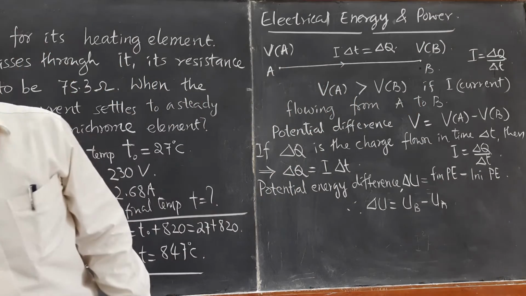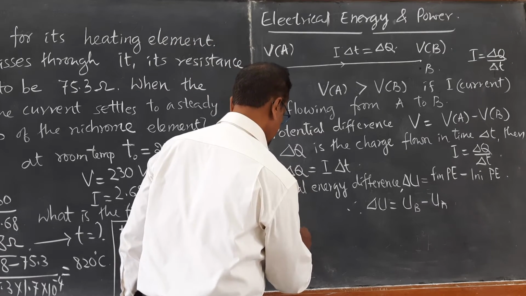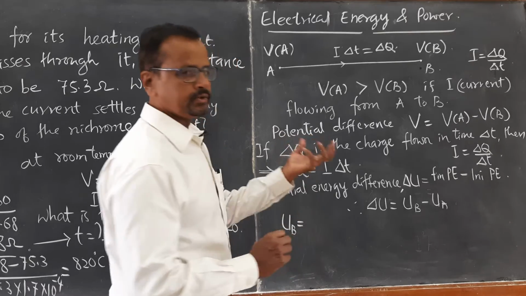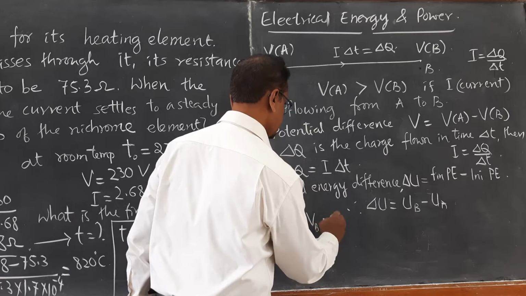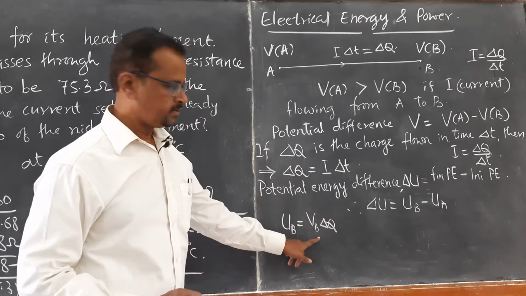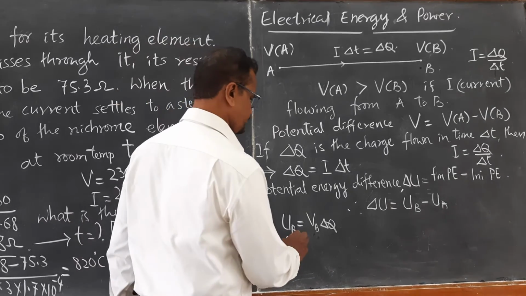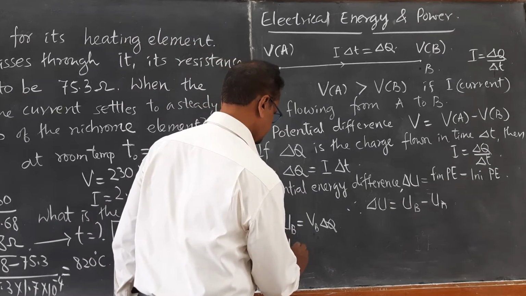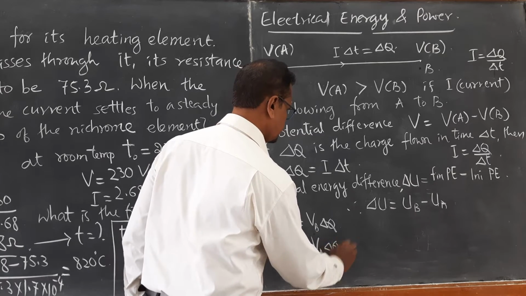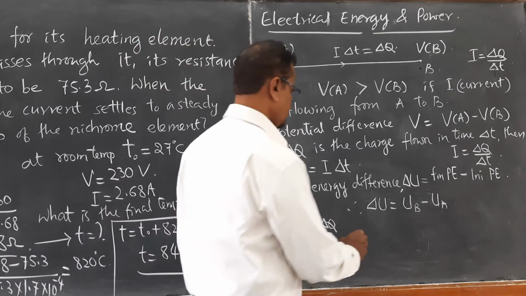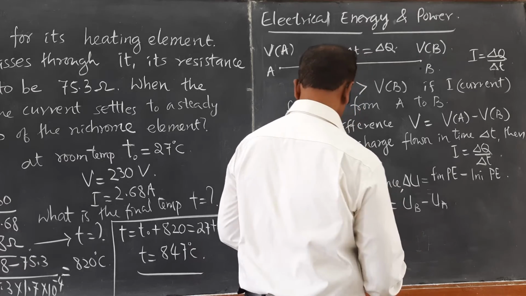We know what is potential energy. UB is equal to charge into potential. Potential at that point is VB and the charge is delta Q, right? Charge into potential at that point gives us potential energy. Similarly, what is UA? UA is equal to VA into delta Q. Therefore, difference in potential energy delta U is equal to UB